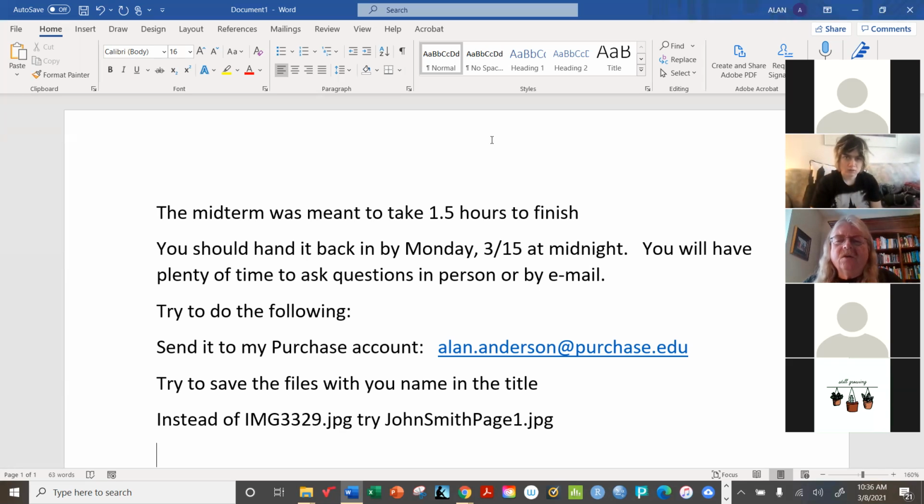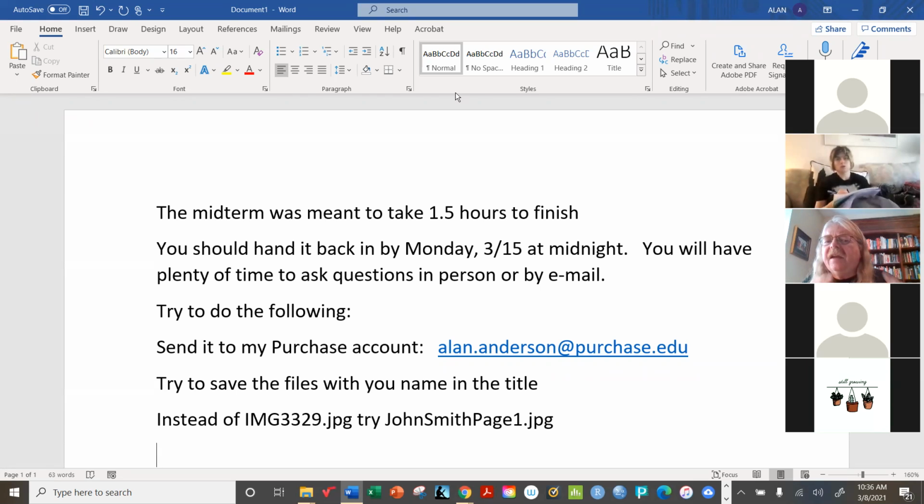And of course, I guess it goes without saying that you'll try to make your handwriting as neat as possible, because the harder it is for me to read your work, the more likely I am to not give you the points that you deserve. And also, when you take the pictures, try to look at them first before you send them to me. Let's say your hands were shaking or something when you took the picture and it's very hard to read it. That's going to make it tough for me.